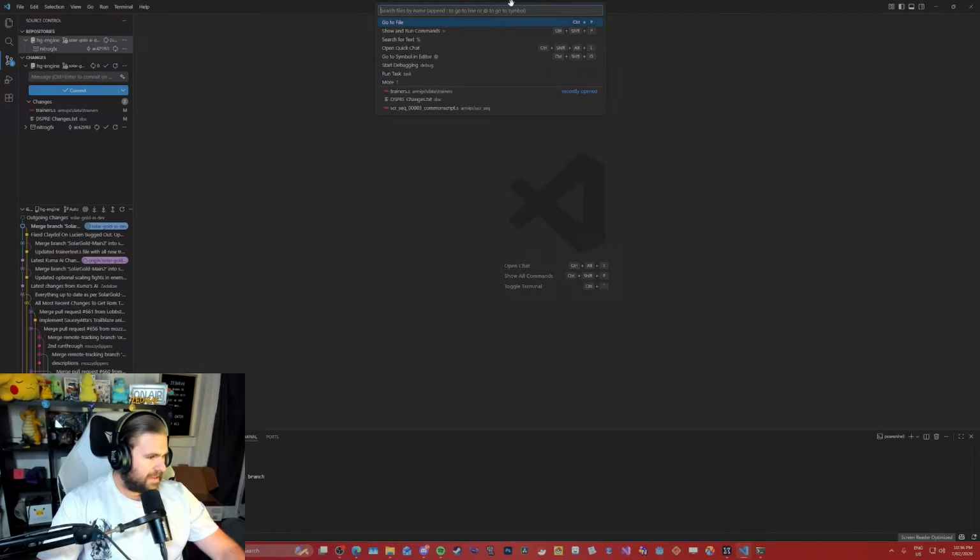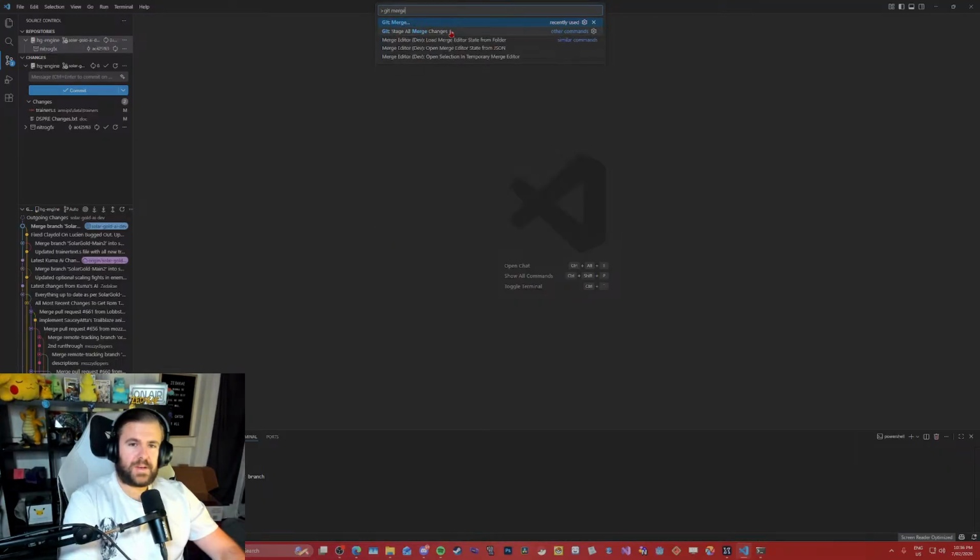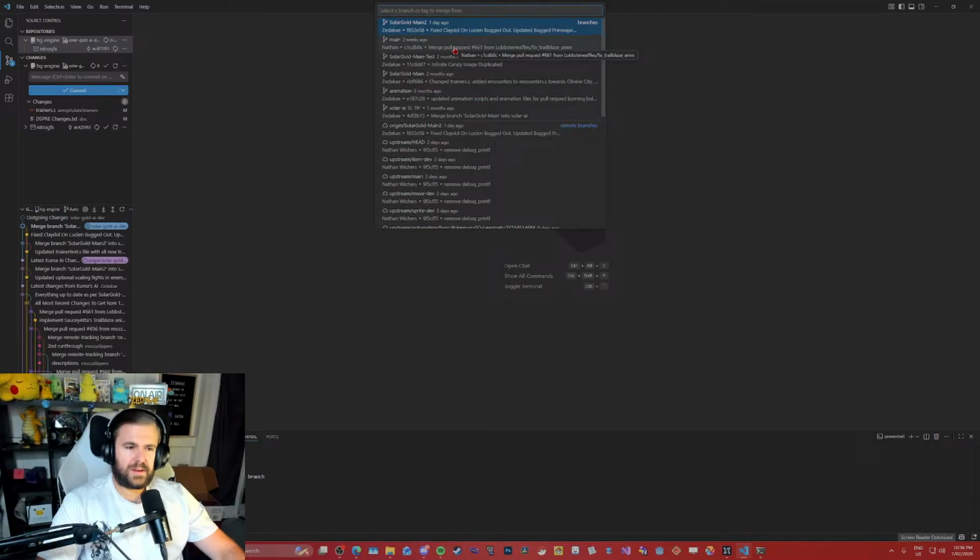But anyway. What I'm saying is when you do git merge in the search, it only gives you 2 options. So choose HG engine because it's the name of the repository you want to merge to. Yeah, so go here and we go git merge. But it says Solid Gold. Okay, so yeah, that one. And then what? Just click the branch that I want to merge?